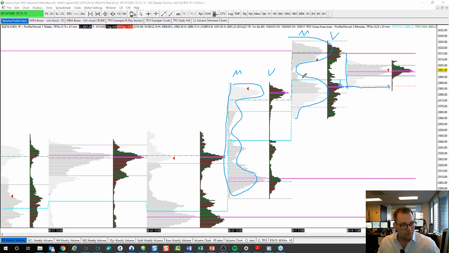And what are we doing? We're filling in this volume area here. So it's not bullish enough to get us up to this previous high volume area, but it's not bearish enough to get us through this high contract area and this large distribution from the week before. So this is a significant support level.